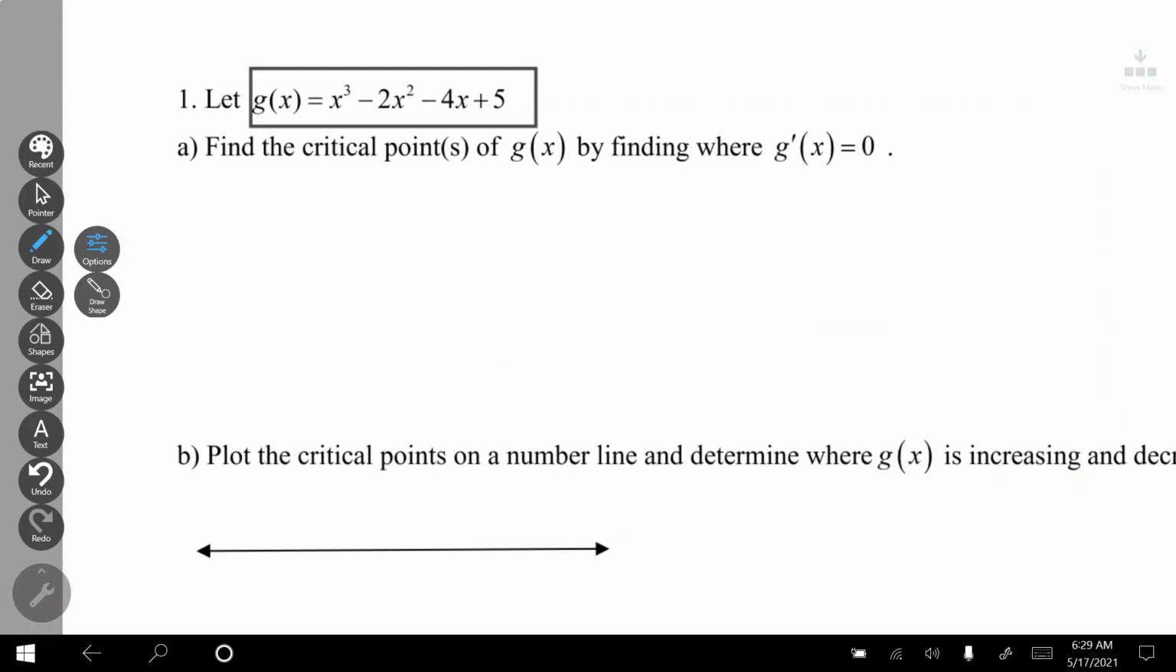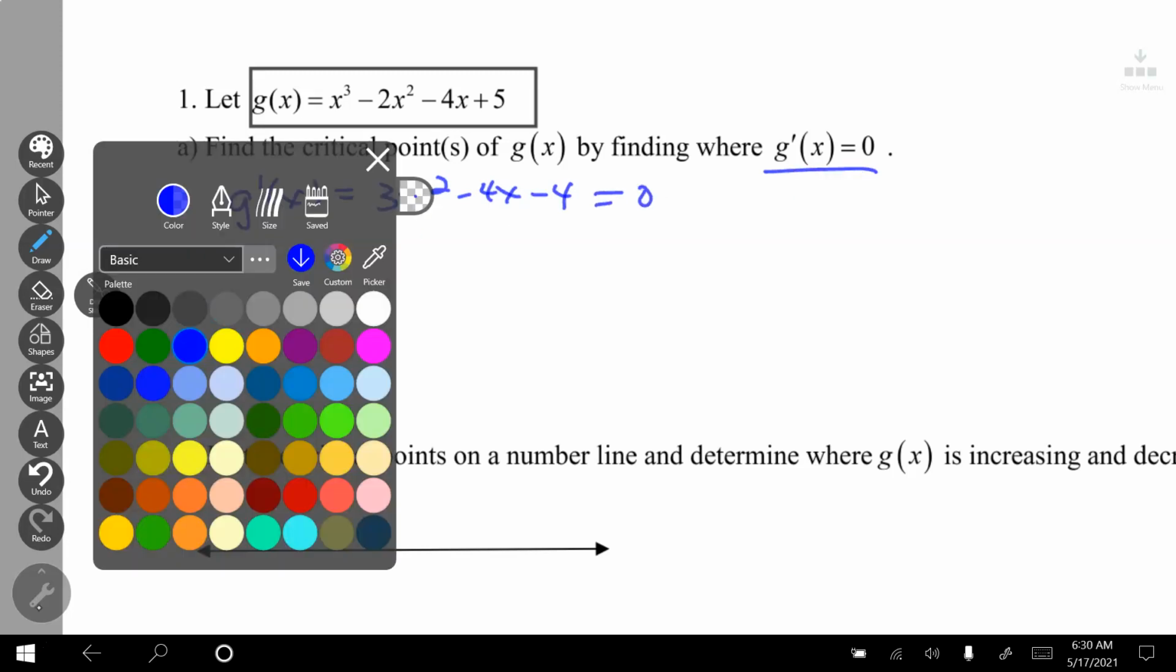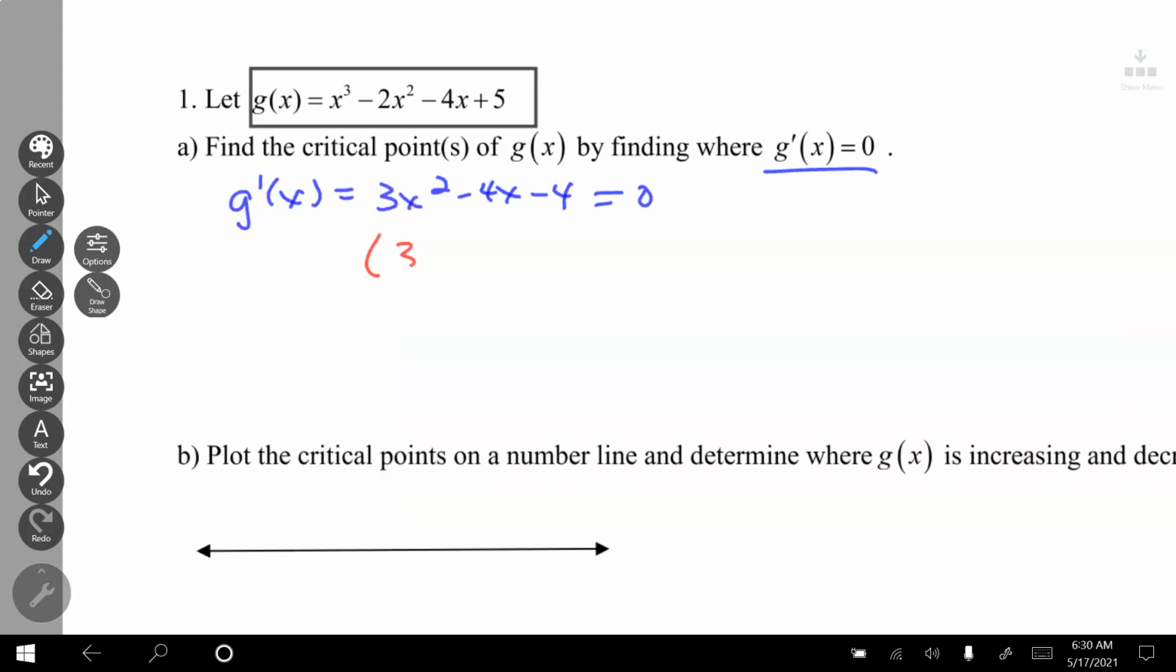So let's do an example. Here's my function g of x. I'm going to find the derivative, so g prime of x, using my power rule, is 3x squared minus 4x minus 4. And I'm going to set this equal to 0. I think I need to do some factoring. 3x and x. And to get 4, it's either 4 and 1 or 2 and 2. I'm going to do plus 2 here, minus 2 here. And if I check it,